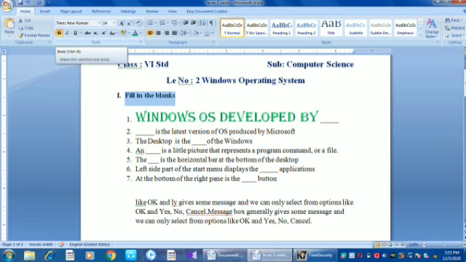This is the bold icon. This is the italic icon. This is the underline. By clicking italic icon means the text will be slightly slanting way. This is the underline icon. Suppose click this icon means the selected text will be underlined like this. Okay, clear? Okay, next. This is the paragraph group.